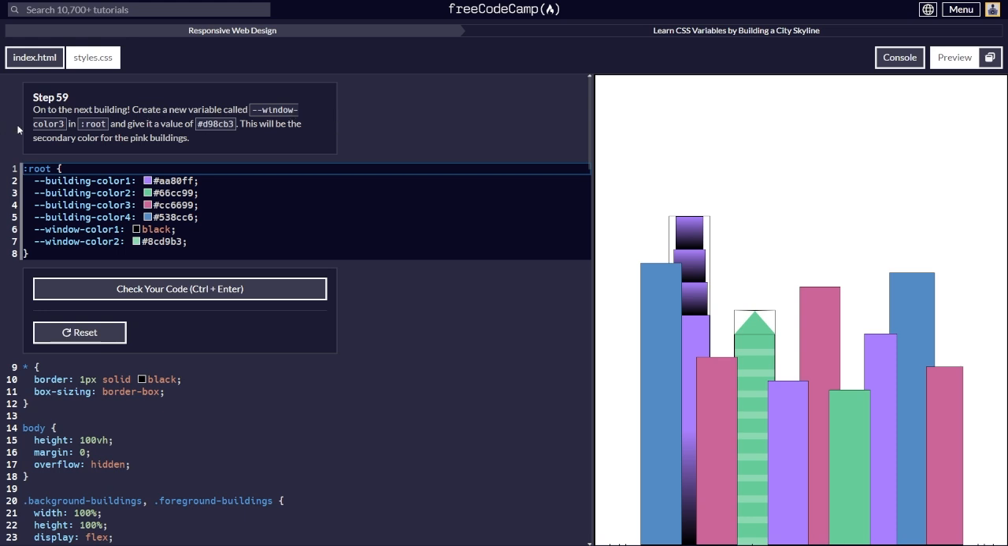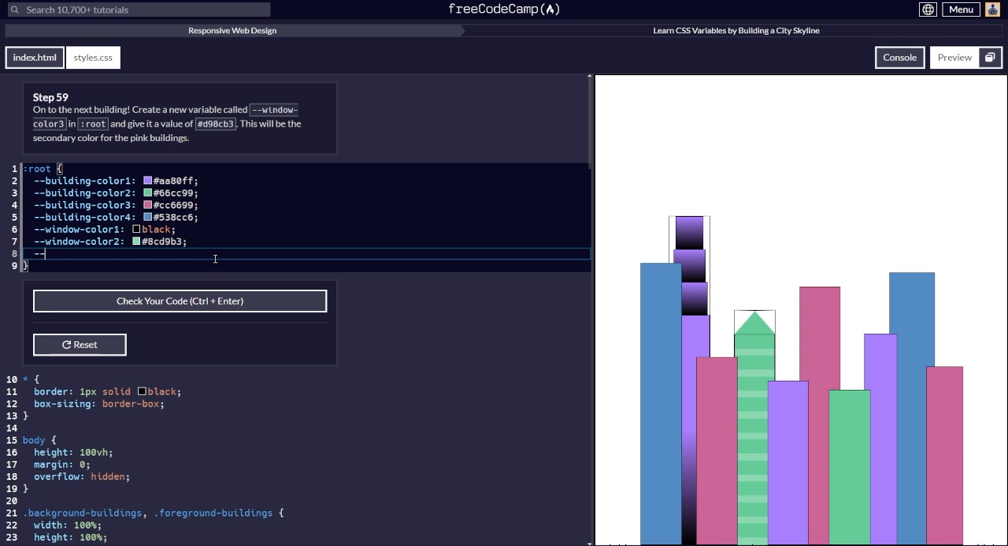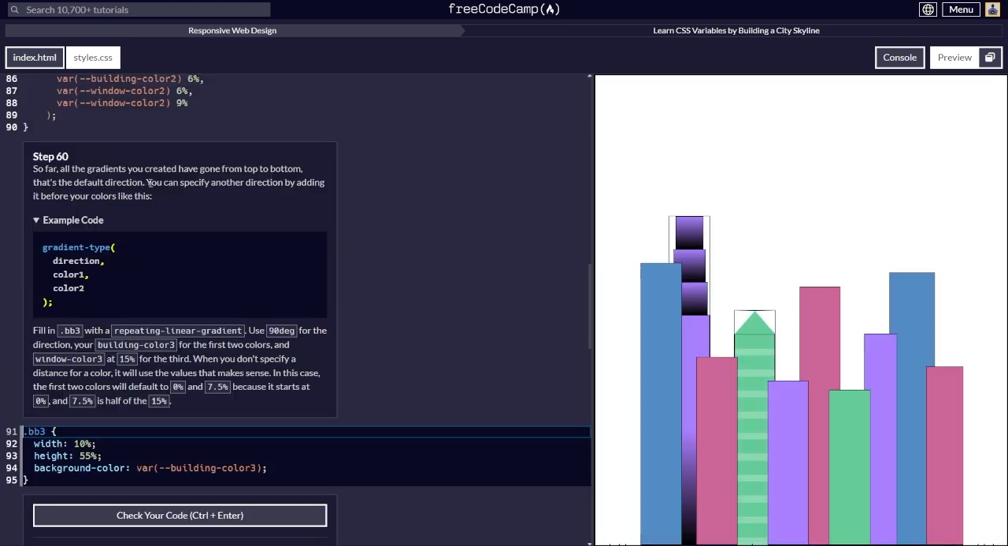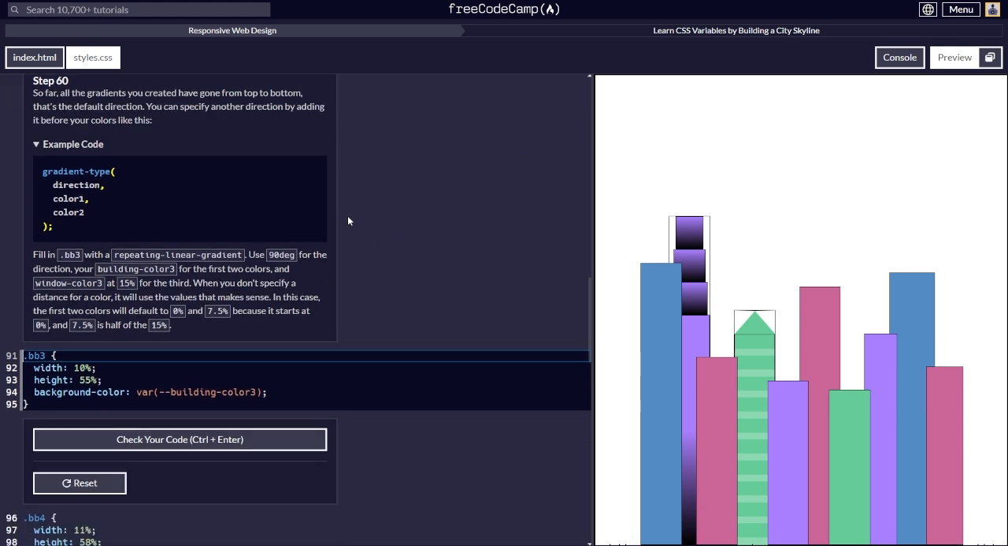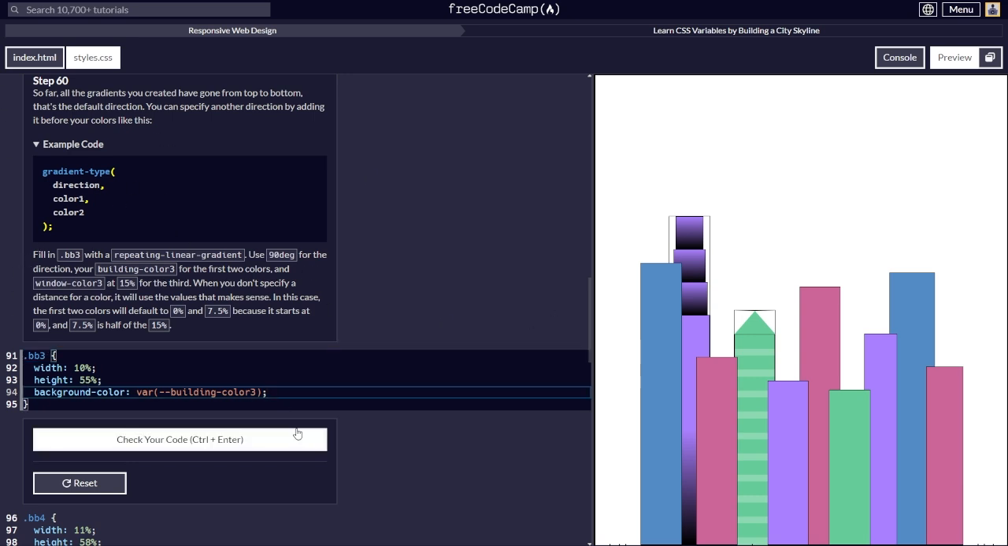Create a new variable called window-color-3. And we're going to give it a D98CB3. Okay. So far, all the gradients you created have gone from top to bottom. That's the default direction. You can specify another direction by adding it before your colors like this. So fill in BB3 with a repeating, so we're going to do